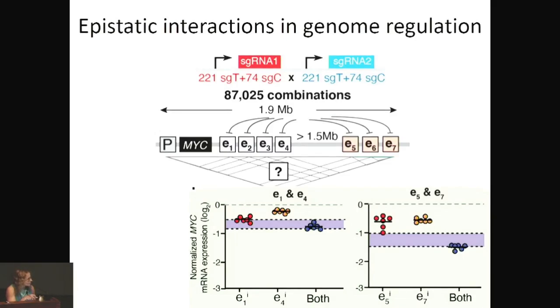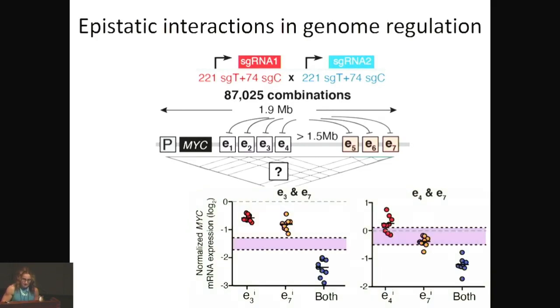And then this purple line is what you would expect under an additive model. And same for two enhancers that are in the distal region. If you knock out E5, you get some reduction. E7, you get some reduction. But if you knock out both, again, the effect is additive. So that's all good. But then what they found out is that if they knock out one from this region